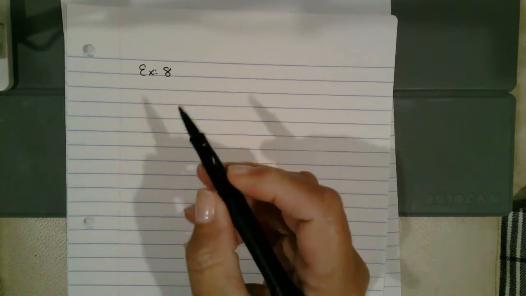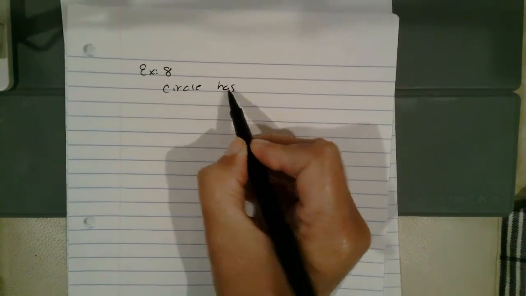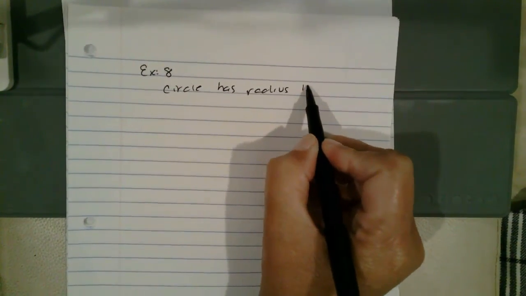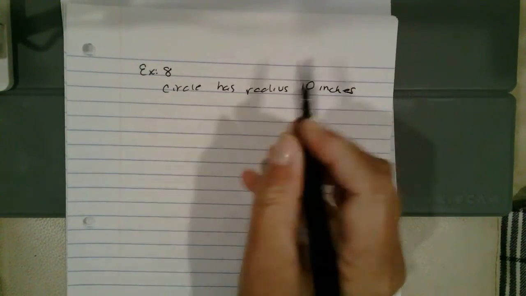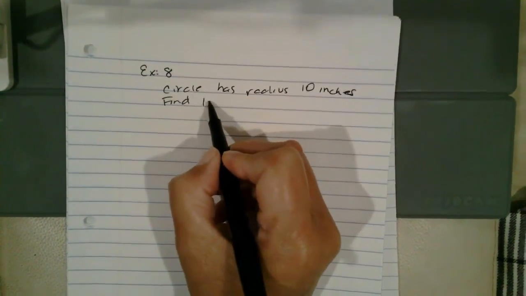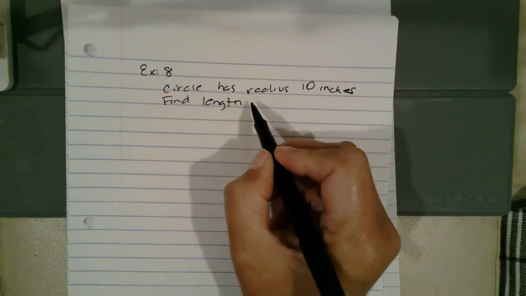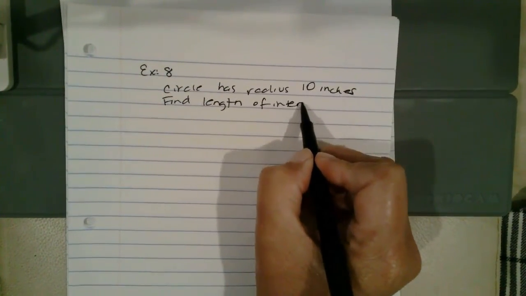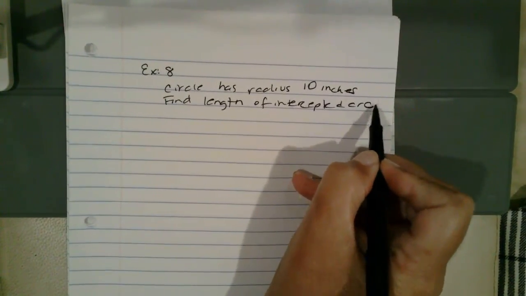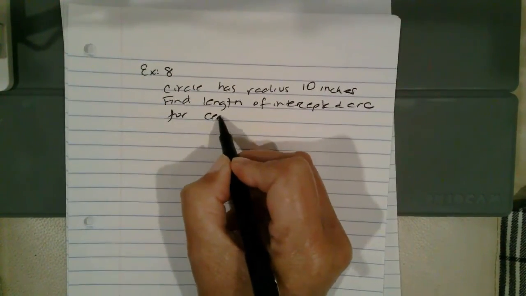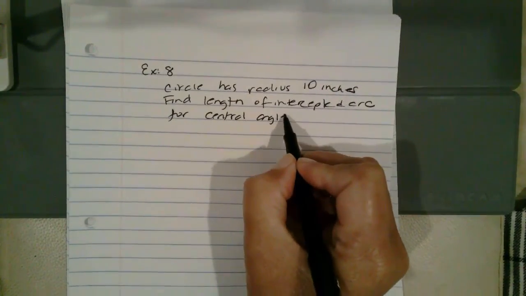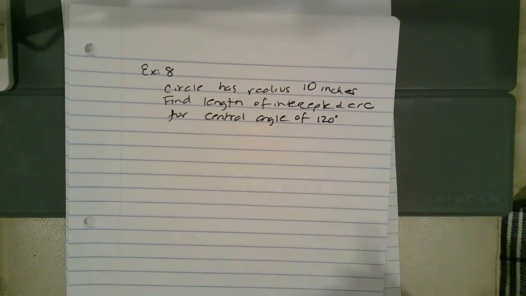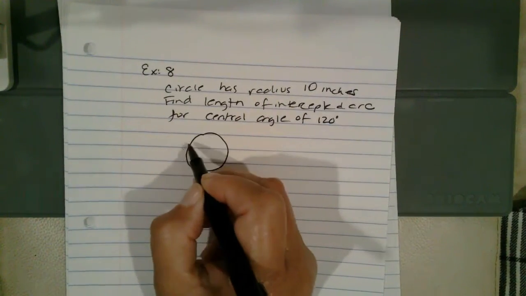The directions for example A in your textbook ask you to find the length of a circular arc where the circle has a radius of 10 inches, and find the arc length, the length of the intercepted arc, for a central angle of 120 degrees. So if we looked at a diagram of this,